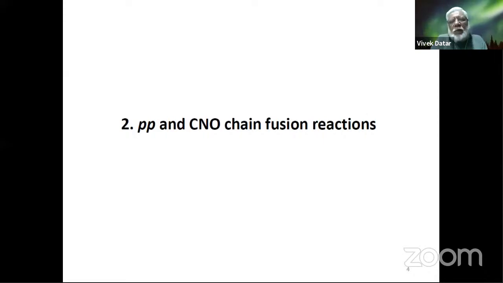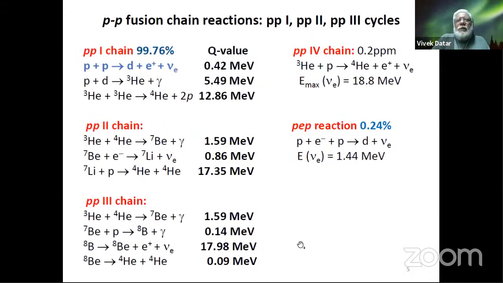So let's quickly come to the PP and the CNO chain fusion reactions. These are two chains, the PP chain and the CNO chain of fusion reactions. Okay, so in the PP chain, the very first reaction, and I've colored that in blue, this PP chain accounts for about 99.8% of the reactions, including the ones that follow. But the very first reaction is the P plus P going to a deuterium nucleus, a positron, and a neutrino of the electron type. The so-called Q value, which means the mass difference between the initial state and the final state,